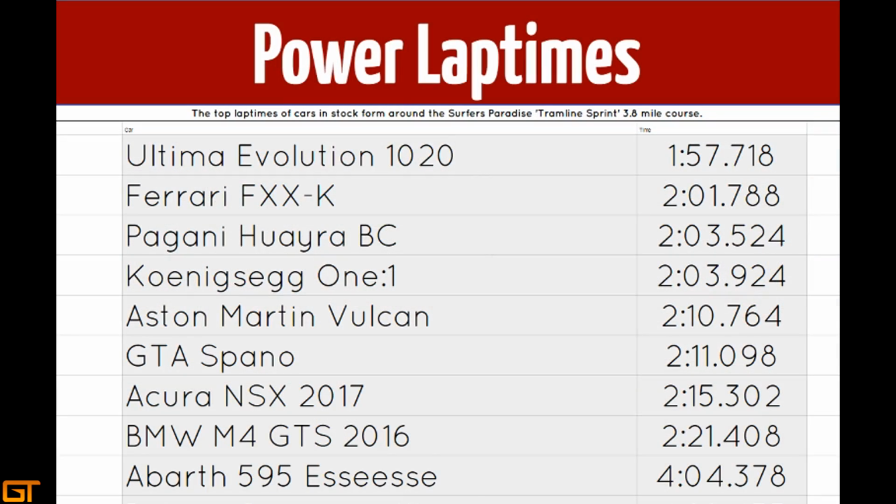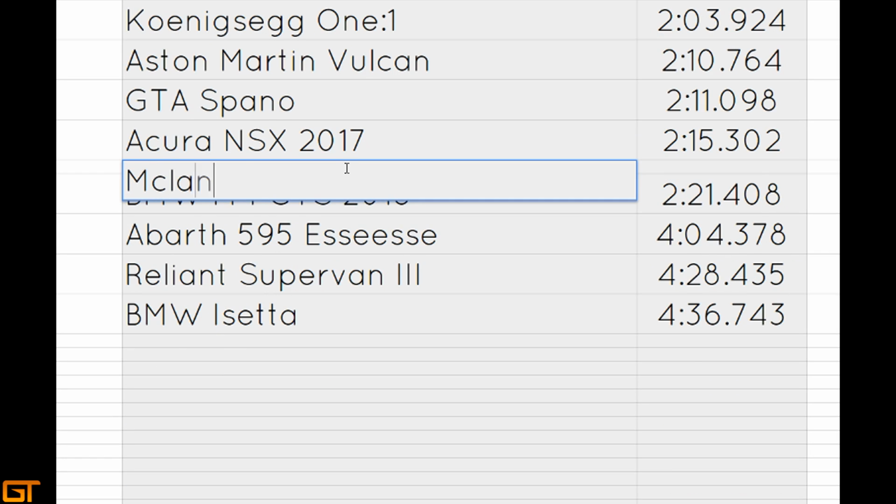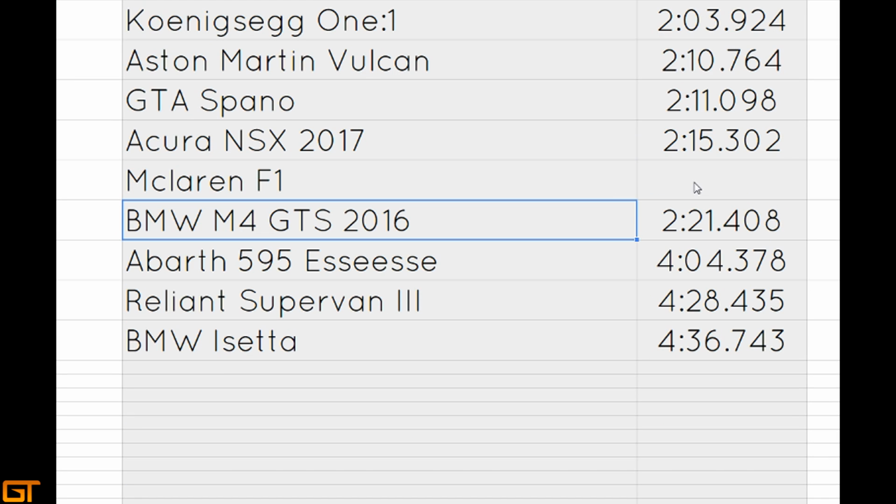And there we go. So this brings us to the power lap time board. Now we have quite a few cars on here now. We did the Acura NSX and the BMW M4 GTS in the previous video, and the McLaren F1 was actually between those two cars. So the McLaren F1, slower than the NSX, surprisingly. And he did a time of